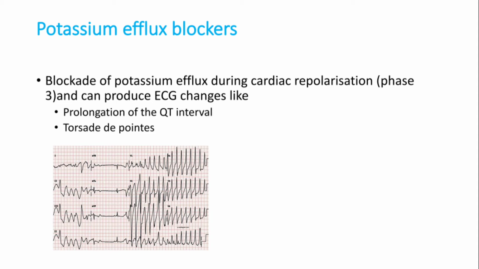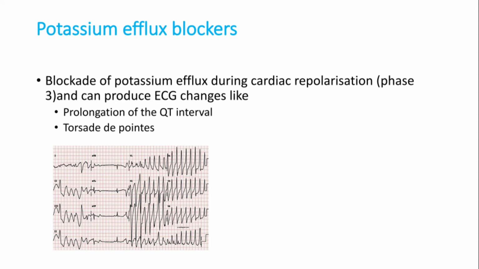There may not be any P wave, wide QRS complex, and the classical finding is twisting of the axis of the QRS complex. Some QRS complexes will be continuously on the positive side and then later switch to the negative side. The twisting of the axis is the most important sign, but the earliest finding will be QT interval prolongation.